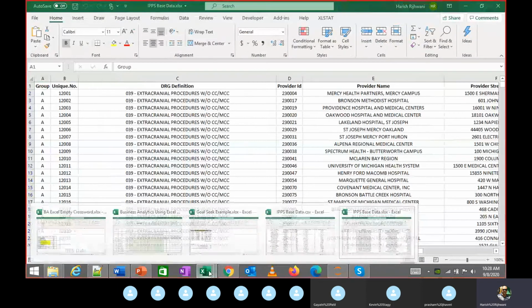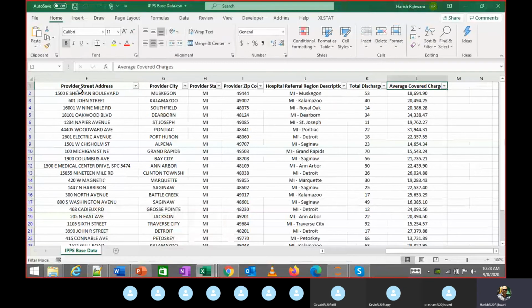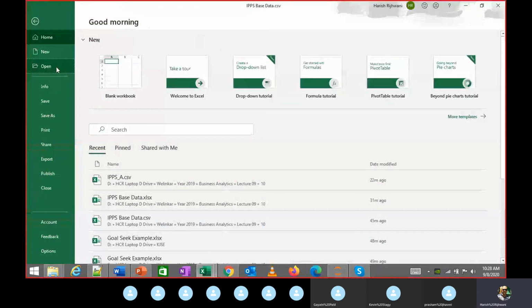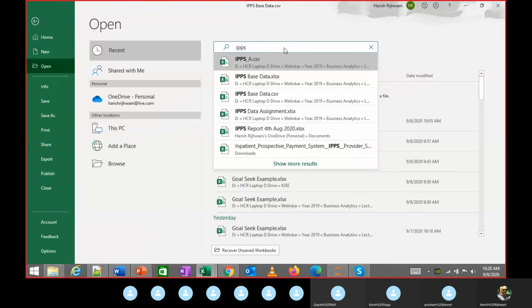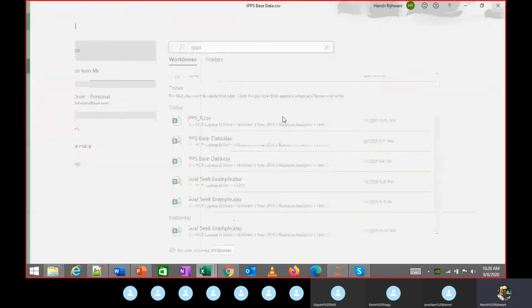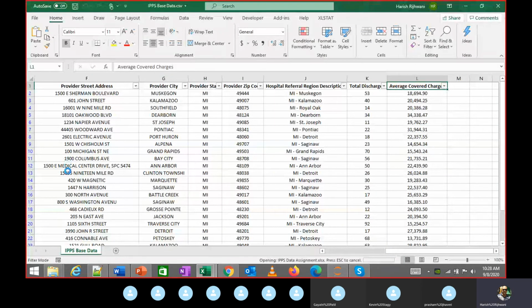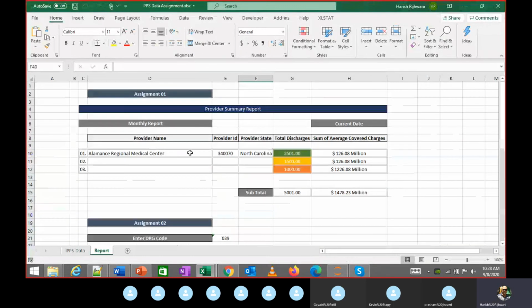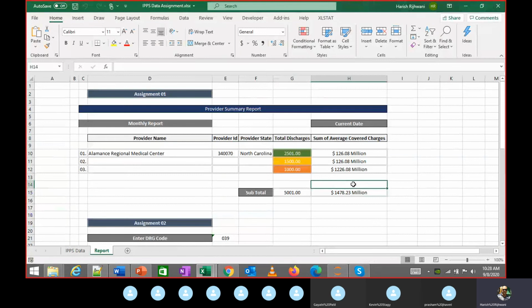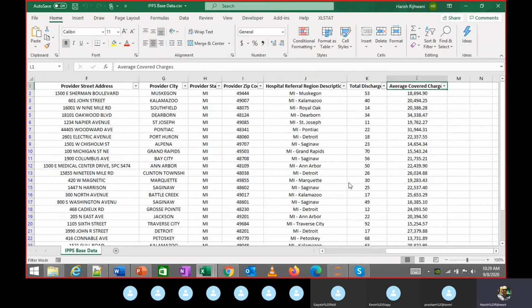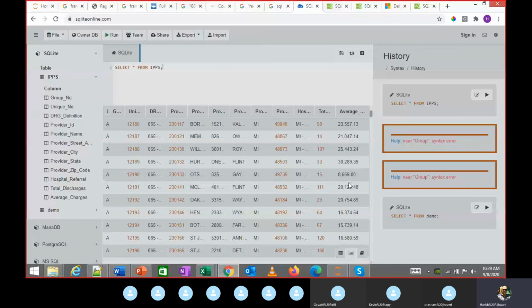If you remember, we created this final report. We are going to try and create this report using SQL, and you will notice how easy it is here.